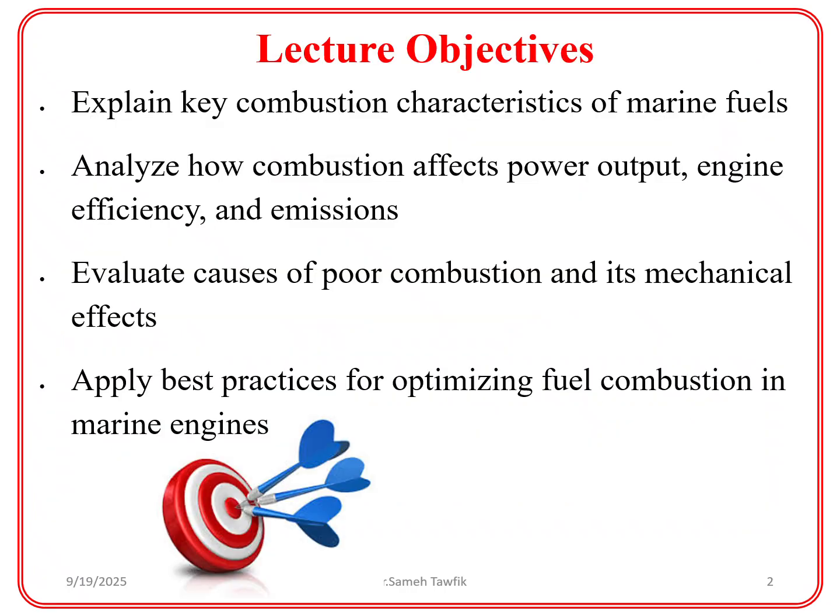Lecture objectives. The objectives of this lecture are fourfold. First, we will explain the key combustion characteristics of marine fuels, such as ignition delay, cetane number, combustion duration, calorific value, and atomization. Second, we will analyze how these characteristics directly influence power output, fuel efficiency, and the level